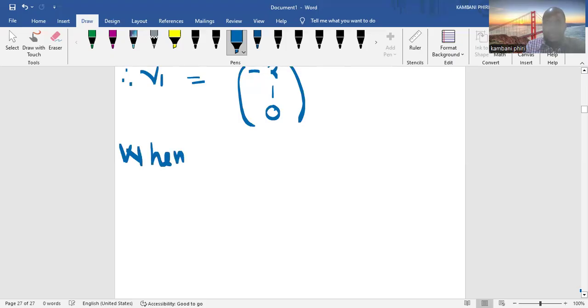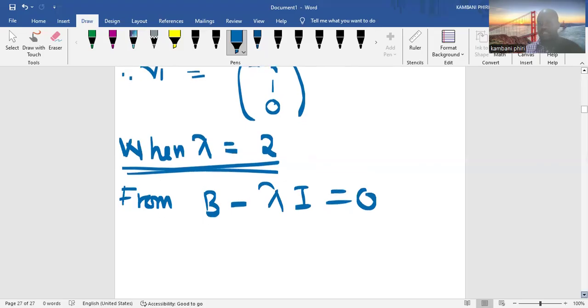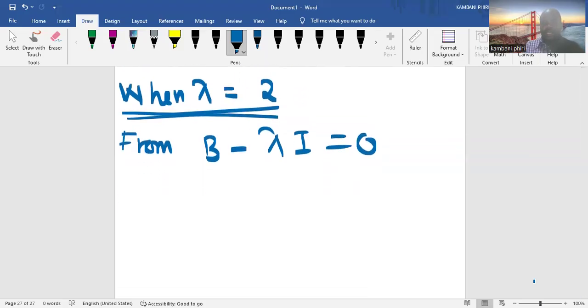When lambda is equal to maybe 2. Okay, so from B minus lambda I is equal to 0, what are we going to have? You can pause, maybe give it a try. Okay. From that, if you can check, this implies that